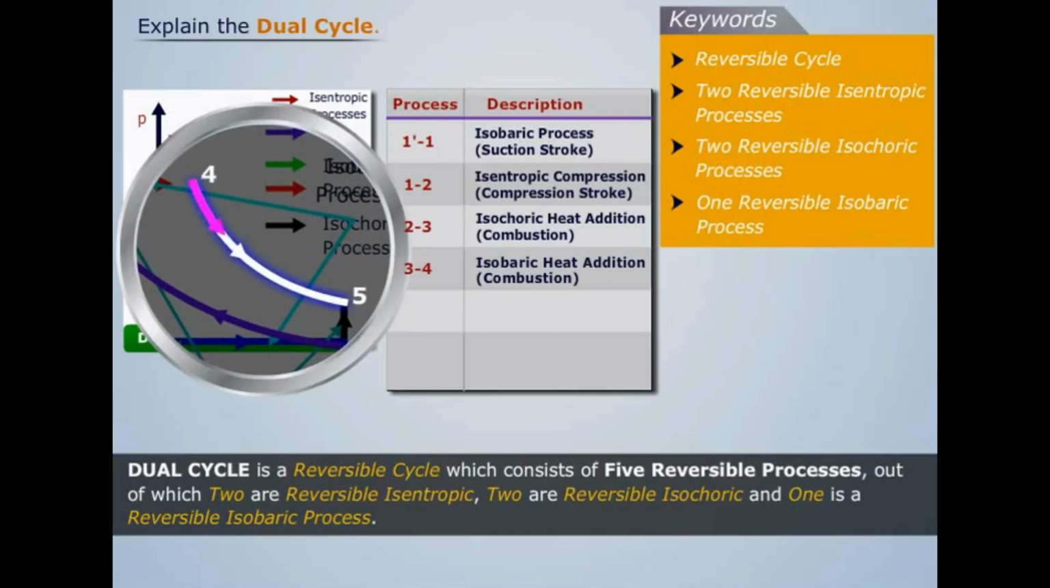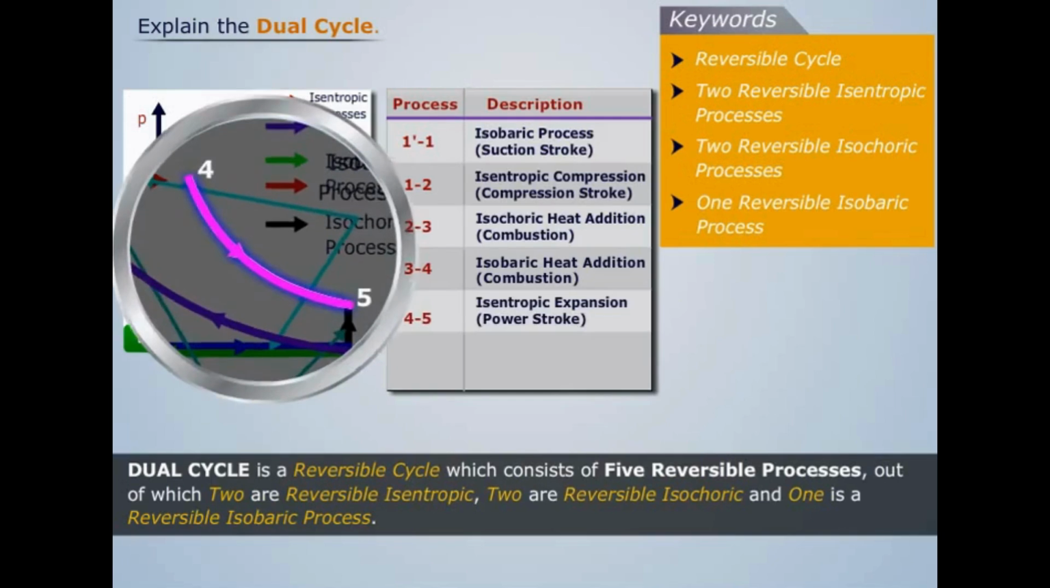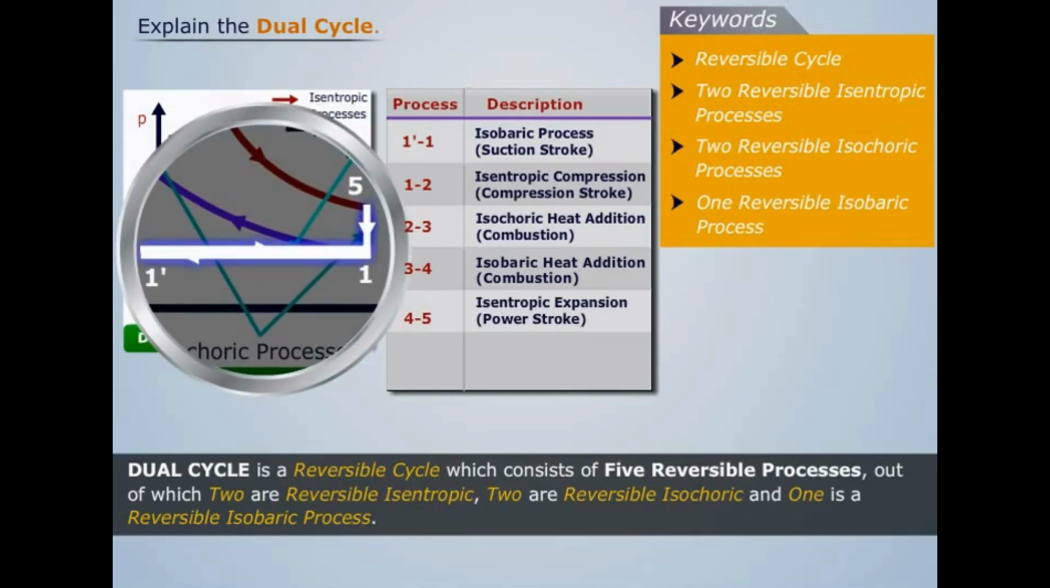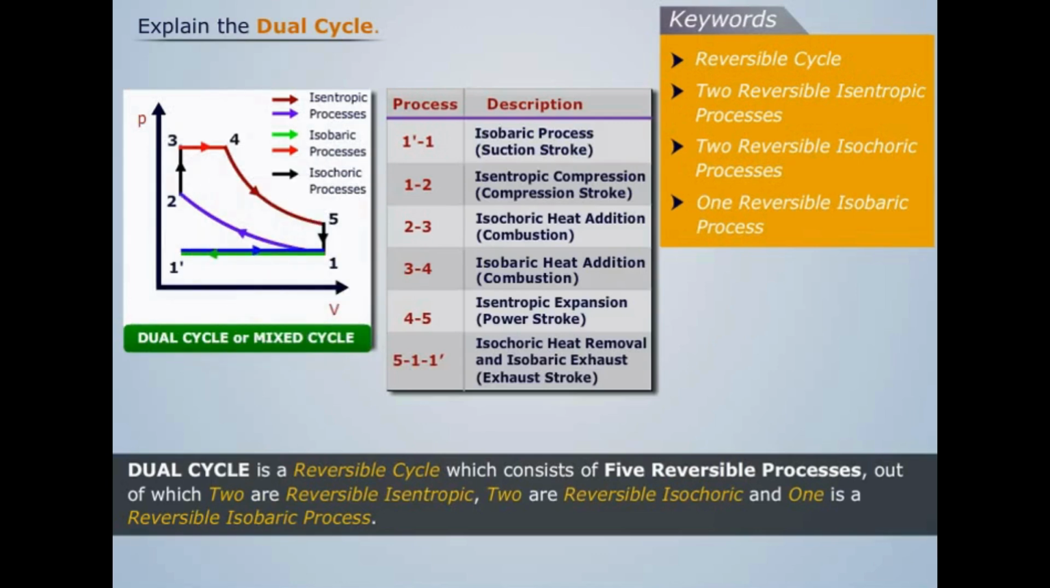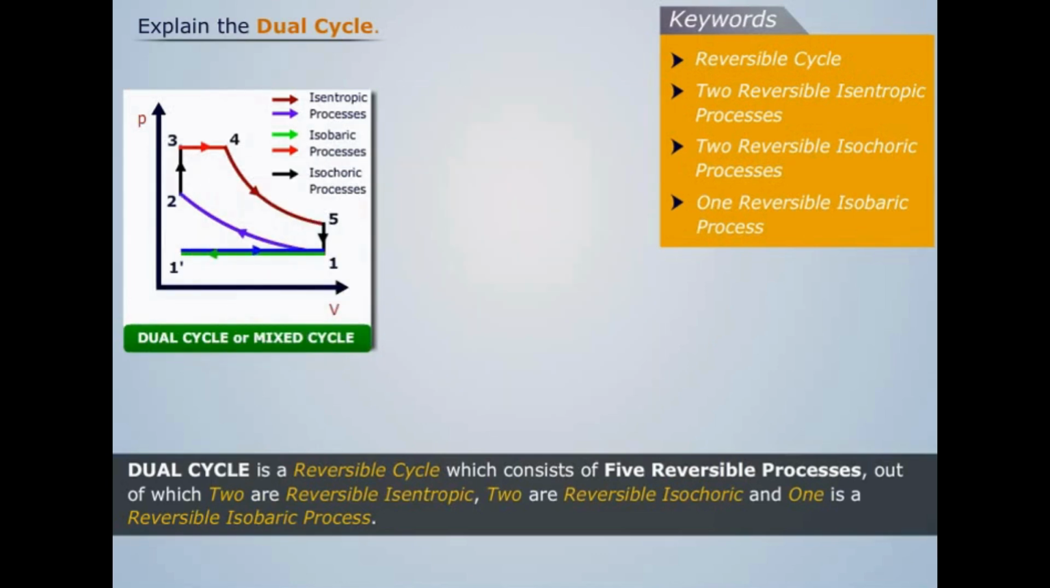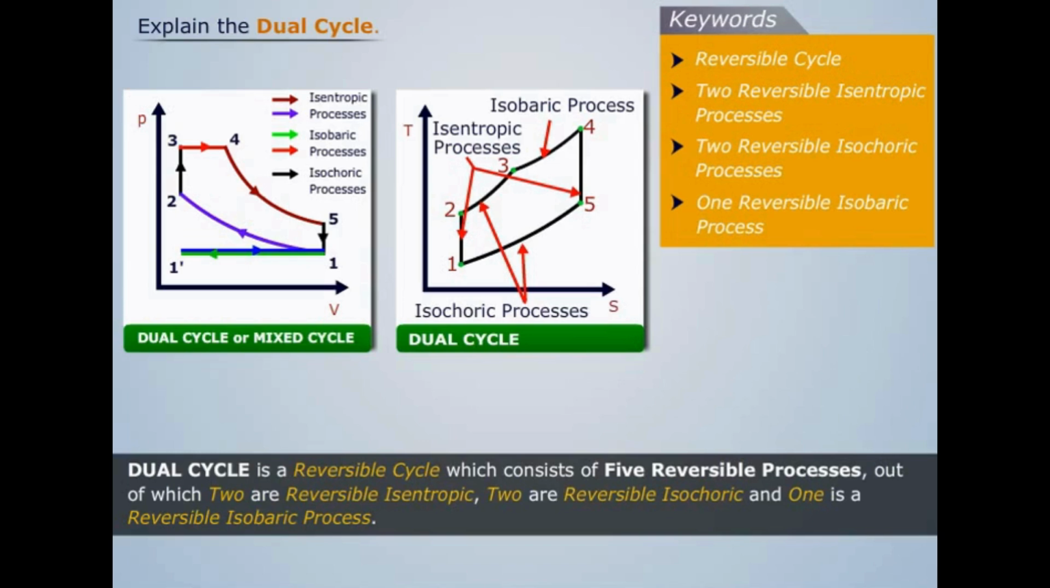Process 4-5 is the isentropic expansion process. Process 5-1-0 is the isochoric heat removal and isobaric exhaust processes. Also, the dual cycle can be represented on a T-S plot as related terms are